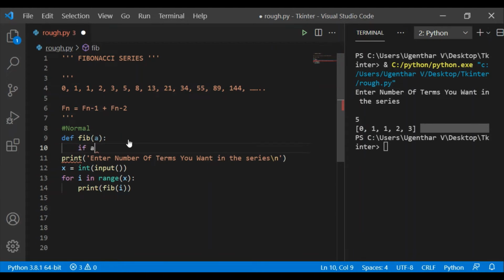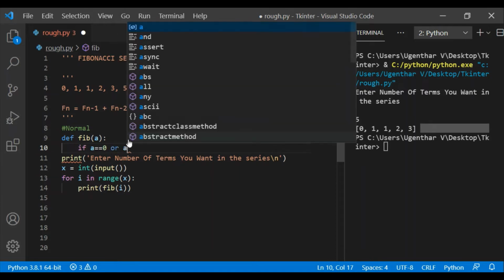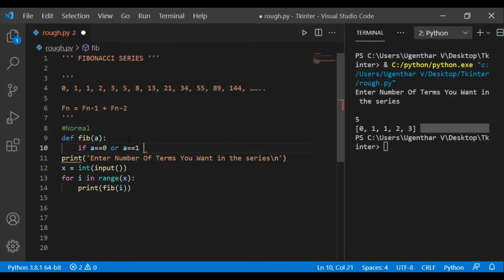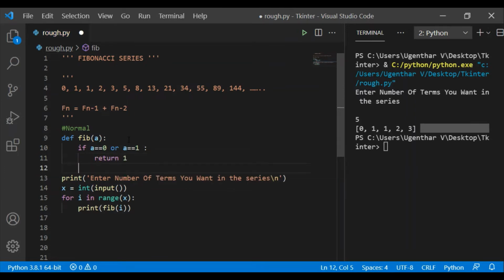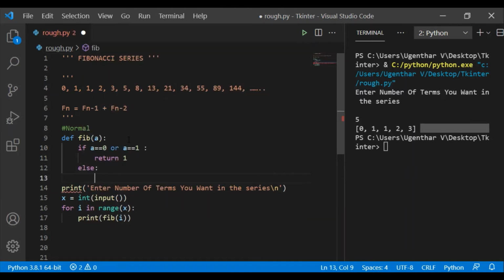If a is equal to 0 or a is equal to 1, then we should return 1. Else, it could be the mathematical term, that means fib of a minus 1 plus fib of a minus 2. We should return this.